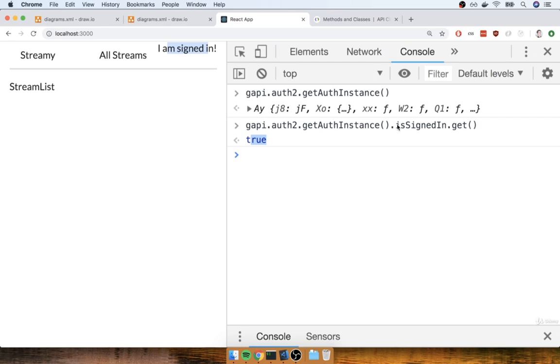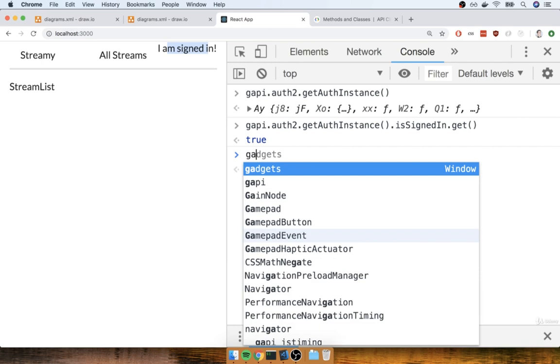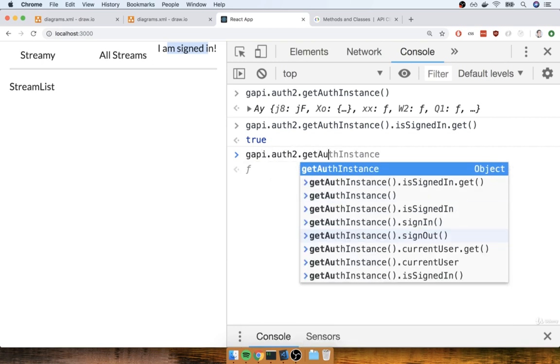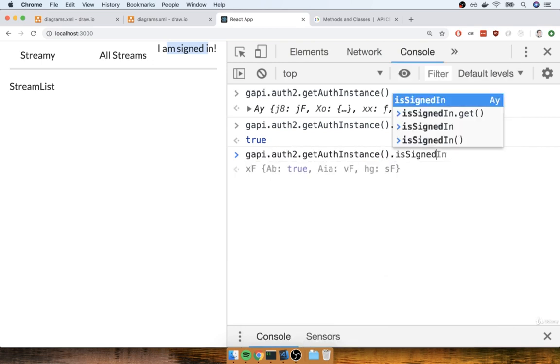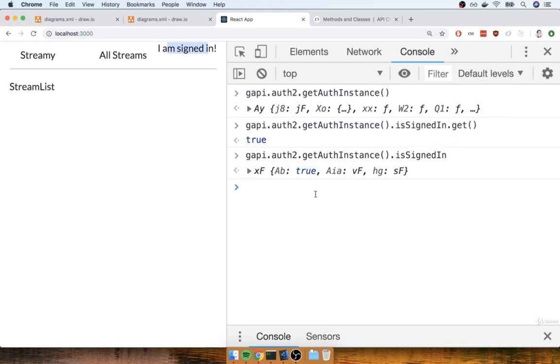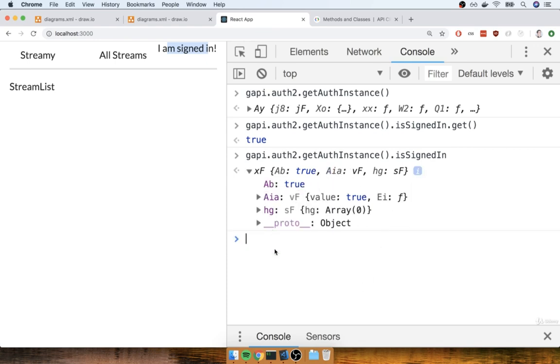Now I want to inspect this isSignedIn object a little bit more closely. We could reference the documentation to figure out what different methods are available on this isSignedIn property, but this is actually a pretty good learning opportunity for JavaScript in general. So I want to show you something kind of interesting about this object. I'm going to do gapi.auth2.getAuthInstance.isSignedIn by itself without any parentheses or anything like that. When I reference that object, I see a printout of an object, and just as before, I see a couple of very mysteriously named properties on it. Again, these are private functions that you and I are not supposed to call.